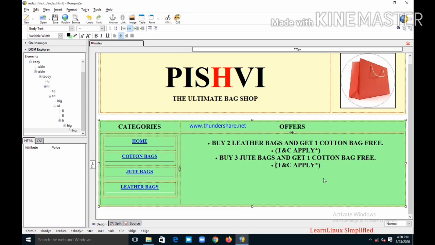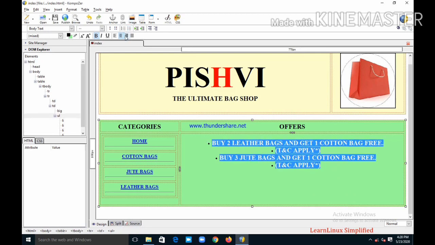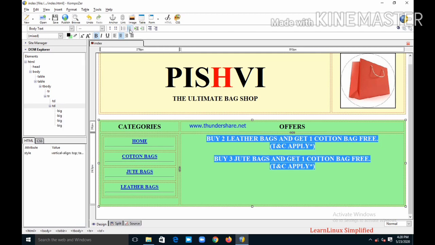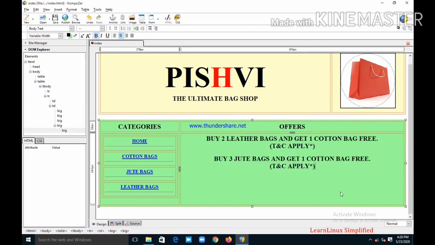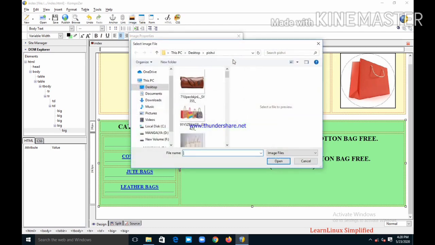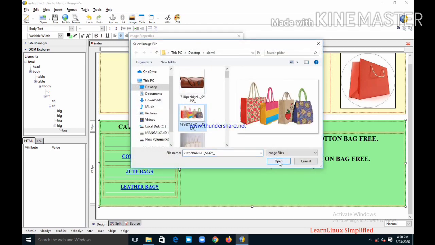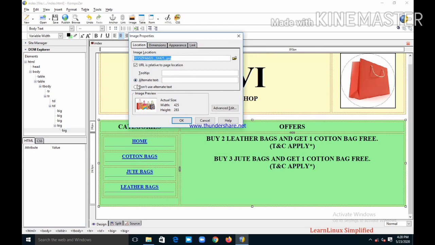If I wish, I can add an image also. Insert, and then from here I can add an image. Don't use alternate text, dimension 300 by 200.